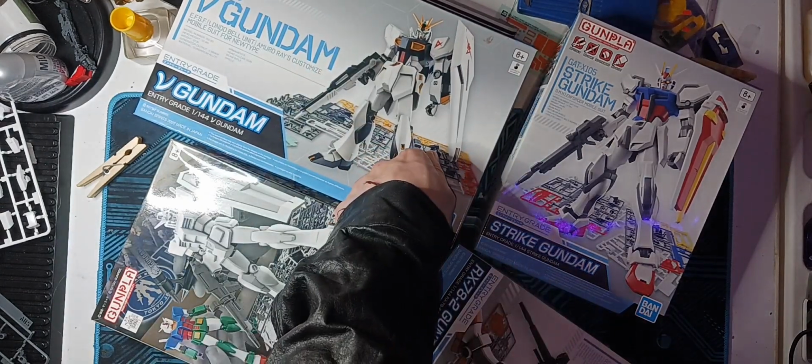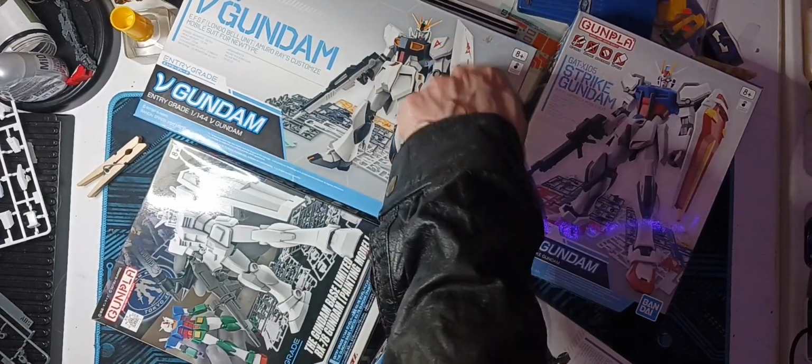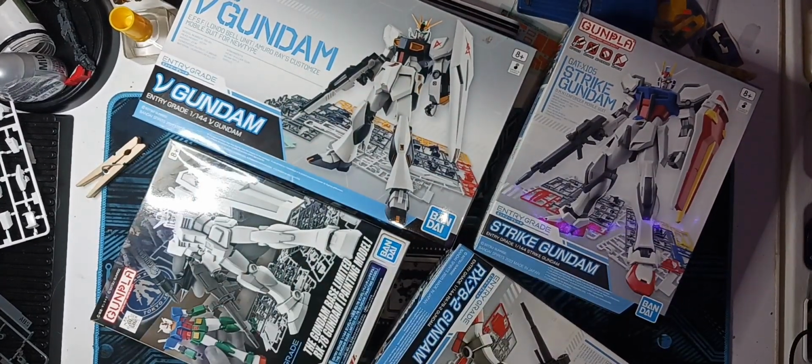Waist. My bad. The crotch, so to speak. The new one, not really any problems with him. I didn't do the arm side, so I don't know if that will give you any problems. I don't imagine it would. It looks pretty simple. I have no complaints on the Strike whatsoever. So moving on from the entry grades, we gotta cover our bare